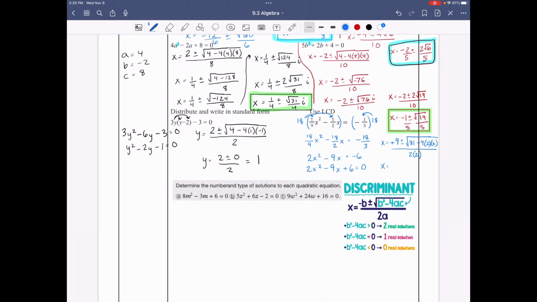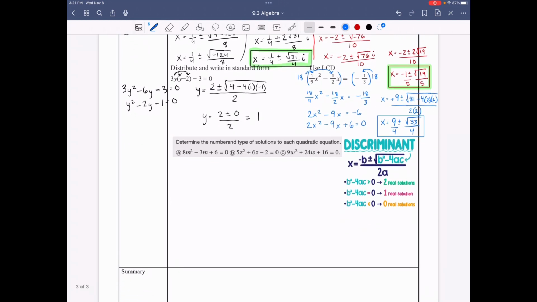X is equal to 9 plus or minus, let's see, 4 times 2 is 8, times 6 is 48. 81 minus 48 is 33. And that's not going to be simplifiable, so just write that as 9/4 plus or minus the square root of 33/4. So really, it's all about plugging into the quadratic formula and then simplifying it. We have one more concept to cover